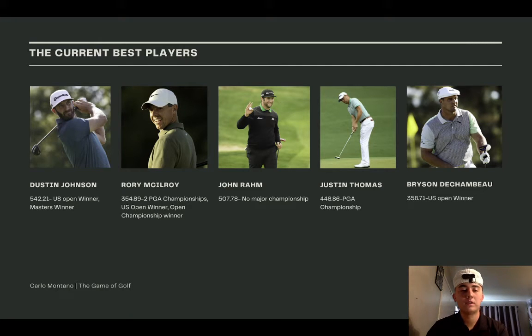If you want to take a look at the world's hottest players right now, Dustin Johnson, he's been at the top for about 100 weeks, and he just won the Masters, just won the FedEx Cup Tour, which are both amazing feats. It would take him until 2031 before reaching Tiger Woods' feat of being number one, basically.